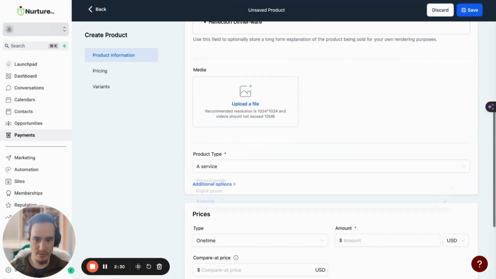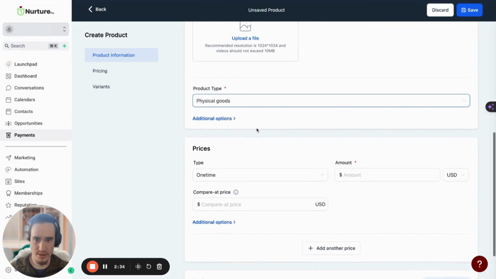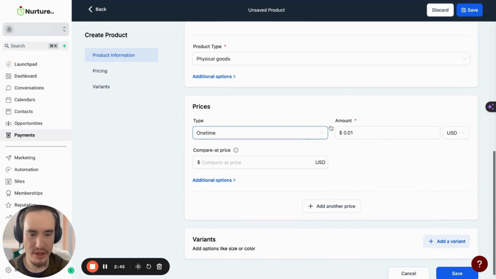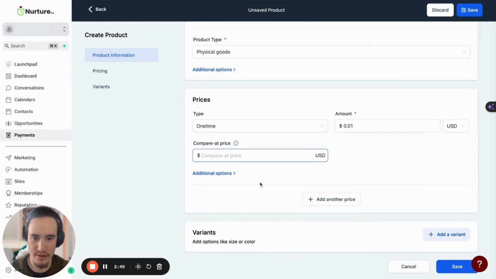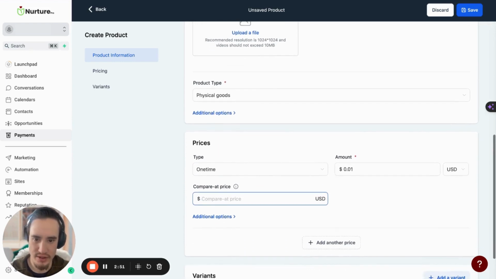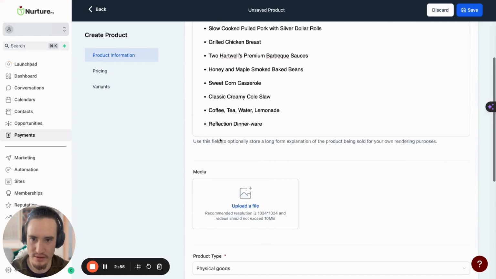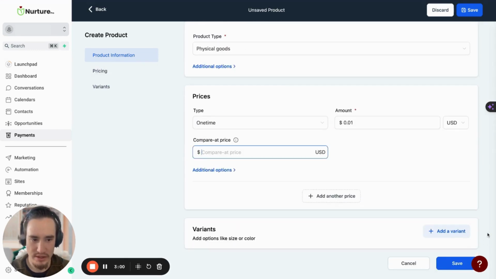And go down, it will be a physical good. And then this is where we can update it. When you're creating a product, you can't actually make it for free. You'll have to do it at 1 cent. And then you can change that amount on the proposal whenever you go to enter it in. So that looks good. We have a one-time fee of 1 cent. It'll be a physical good. We have the Smokehouse Buffet. And so now the variant,